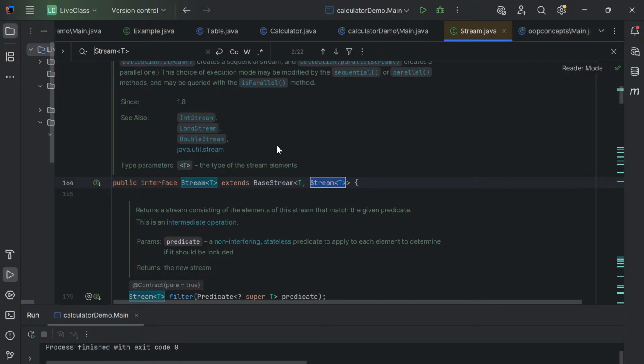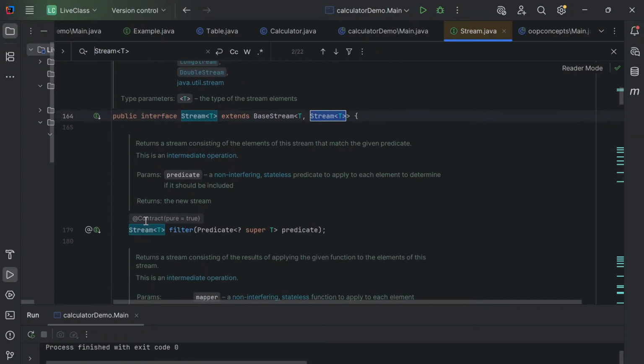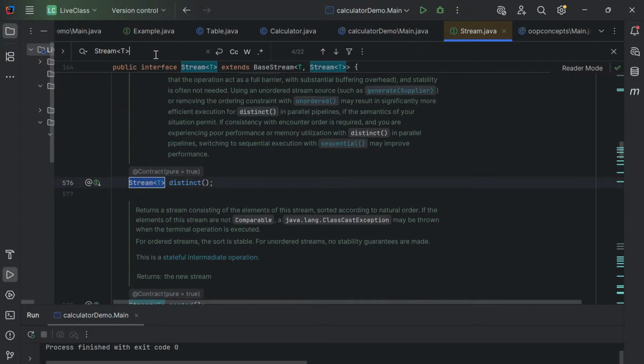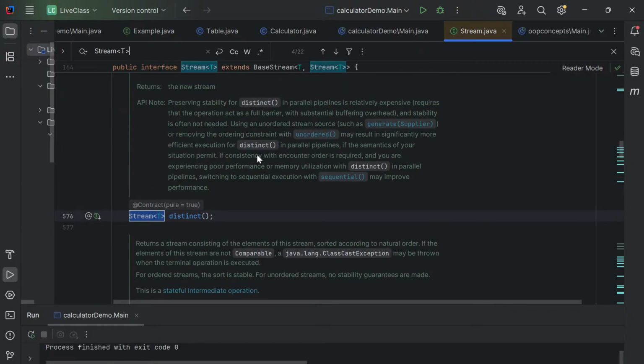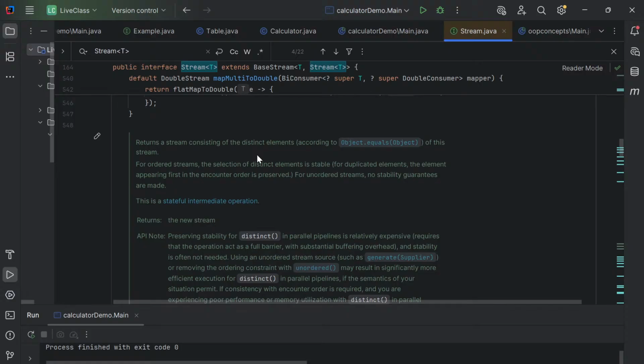And then the filter method we already know, which is an intermediate operation, which is why it is returning a stream instead of a specific data type. Filter returns a stream consisting of all the elements that match the given condition. Whatever condition I give inside this filter, it is going to return all the elements matching that condition. That is what filter is. After that, distinct returns only unique elements. Instead of having duplicate elements, it is going to remove the duplicates and return me only the unique elements. So it returns a stream